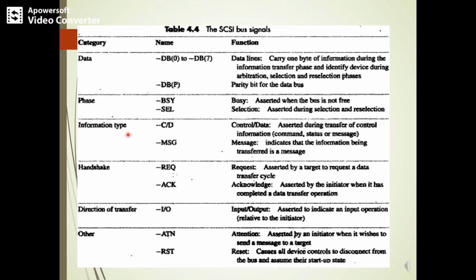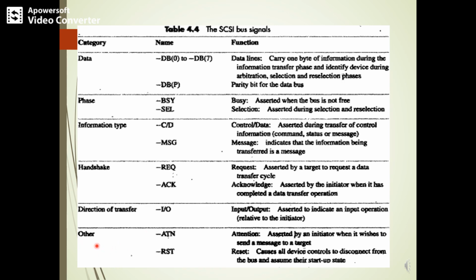Information type is C bar D, that is control bar data, and the message signal. Handshake signals are the request and acknowledgement signals. The direction of transfer is IO, input and output, asserted to indicate the type of operation, whether it is an input or output operation, related to the initiator and the target.